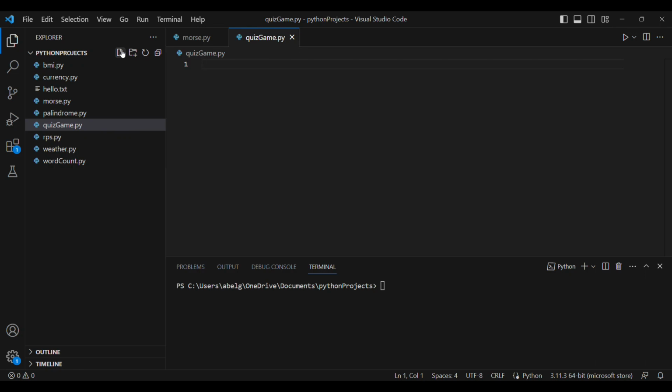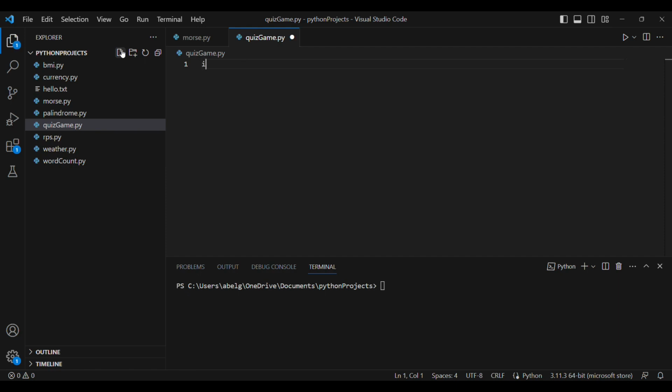Then in each iteration, it's going to print out the question and it's going to ask the user true or false. Then it's going to check if their answer is correct. Then based on that, it's going to increment their score if they get the answer correct, or else it's going to print out incorrect. And finally, it's going to print out their result.